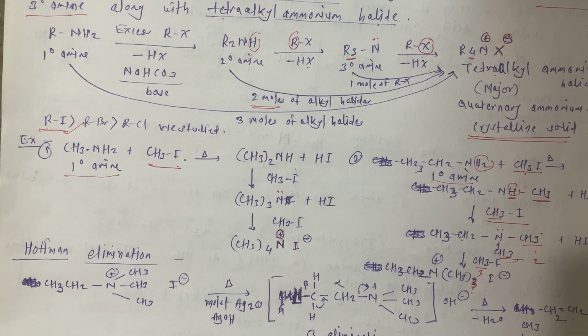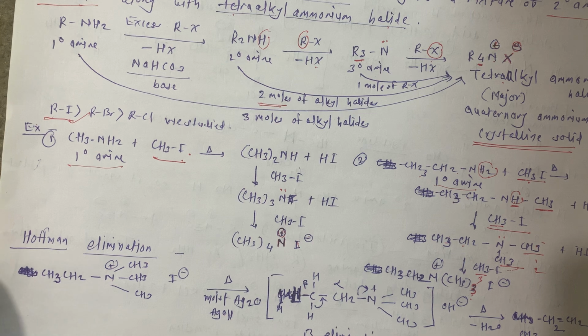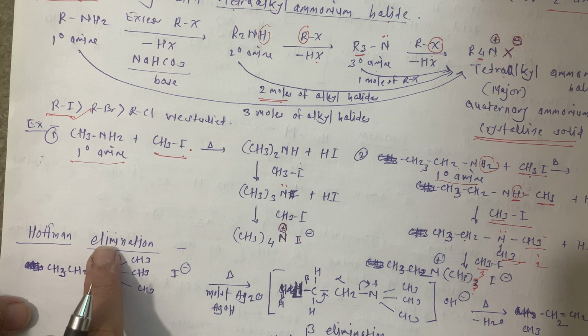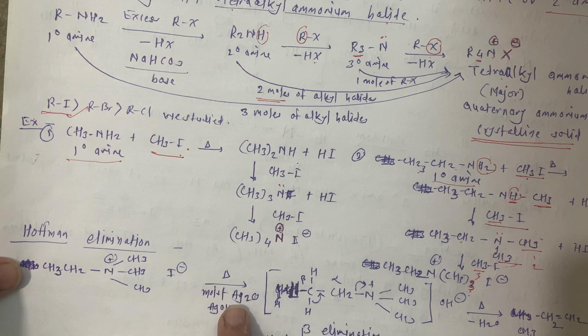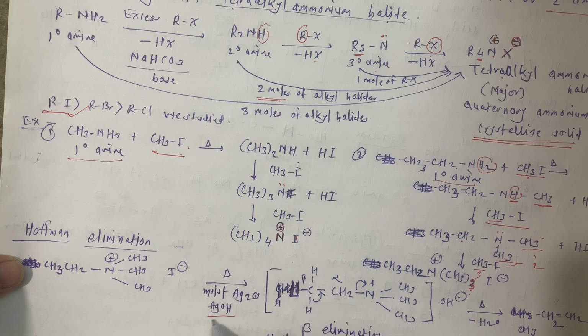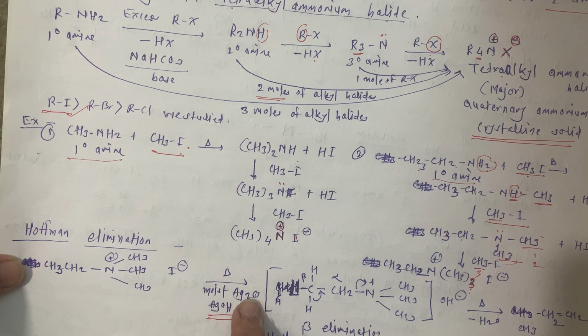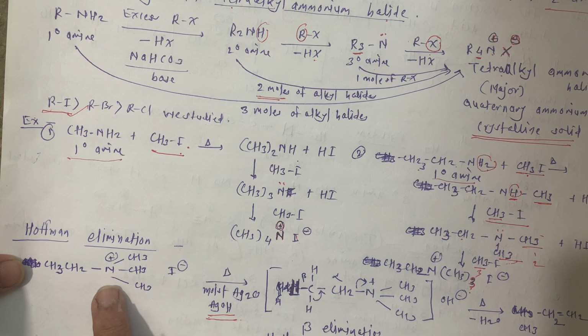We know elimination. Elimination means we are removing hydrogens and we are getting a double bond. Now from this complicated structure, we are going to see the elimination. For this elimination, we use moist silver oxide, and we get silver hydroxide. By providing heat we are going to get the next reaction, but due to the moist Ag2O, this AgOH is going to react with this.